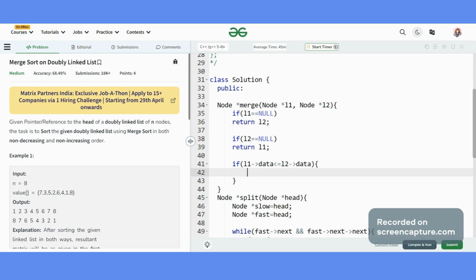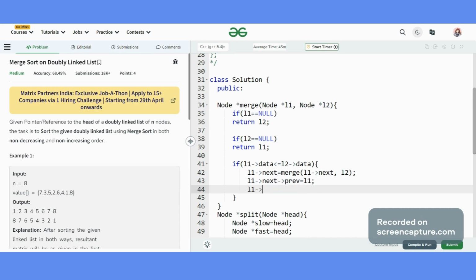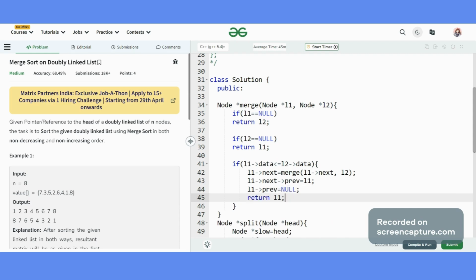I am comparing here. I will sort the linked list here. So L1 next, I will sort it recursively. Make the previous null, and at last return my linked list.